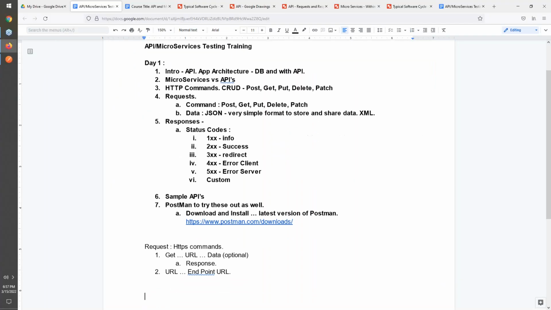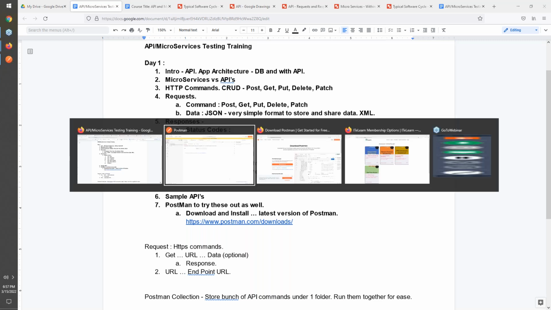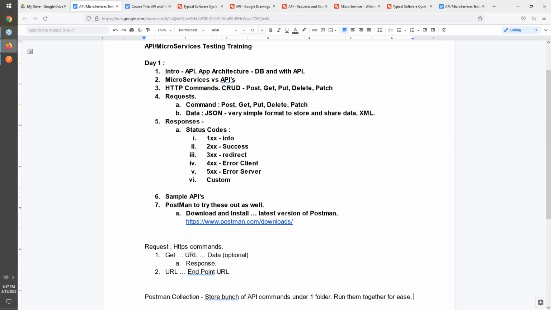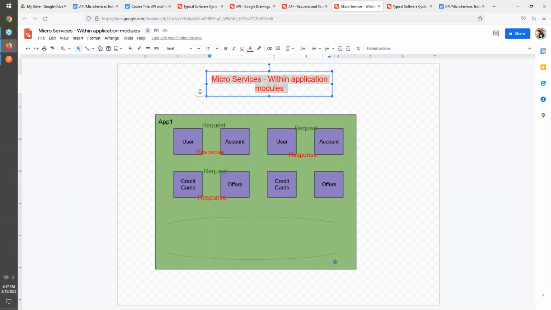What is a collection? Let me tell you, very simple. Store a bunch of API commands under one folder, and run them together for ease. So primarily what happens is when we are working in this microservices architecture manner, where the application is built to interact within itself also using these requests and responses,